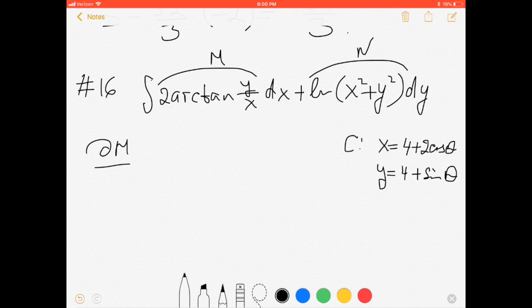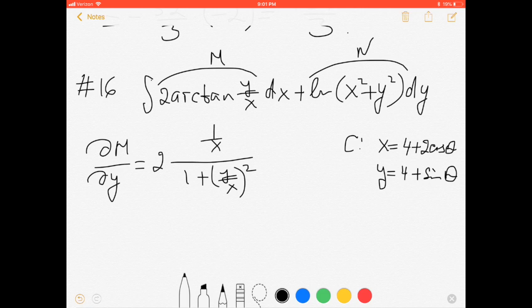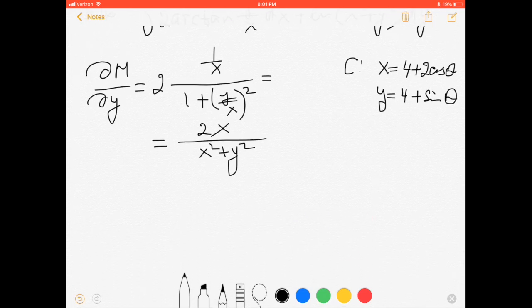The dm dy will be twice the derivative of arctangent, which is 1 over 1 plus what you have inside arctangent squared. And the derivative of y over x will be 1 over x. If we simplify, it will be x squared plus y squared. Then x squared goes up and cancels, leaving 1 over x. It will be here. Now we need to find dn